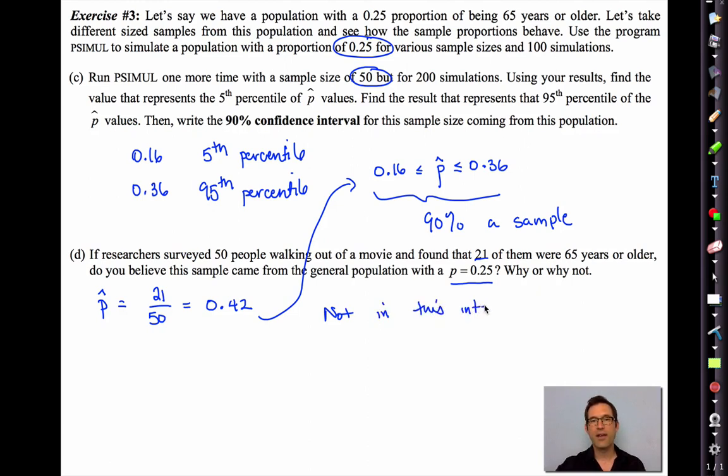Now notice 0.42 is not in this interval. And yet, if the people walking out of that movie theater are coming out of a population where 25% are 65 or older, then 90% of the time we should get a proportion between 0.16 and 0.36. But we got one of 0.42. So, generally, we should conclude with 90% confidence